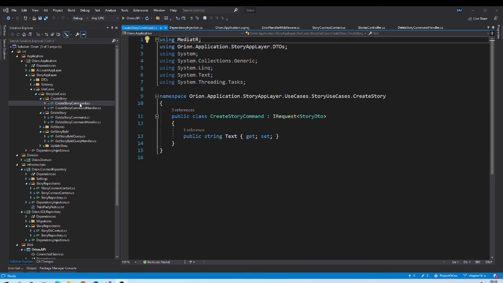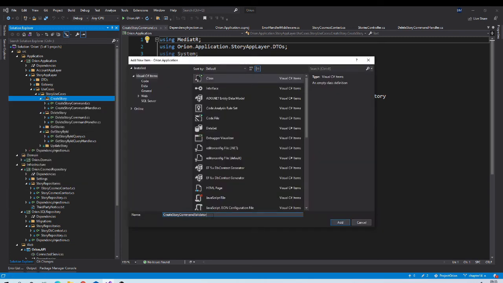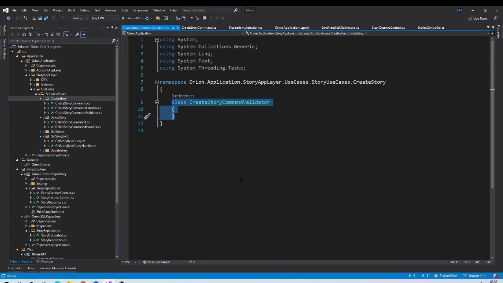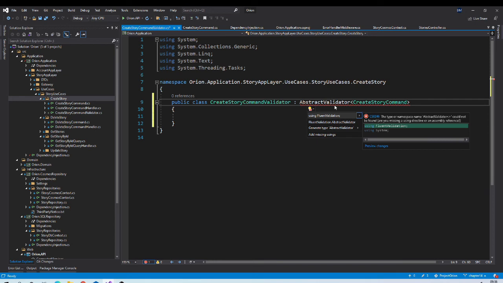Next, we want to write a validator class for our create story command. So go to the create story folder and add the class CreateStoryCommandValidator. This class, as we have seen, needs to be derived from the abstract validator class. Fix this by importing proper namespaces.